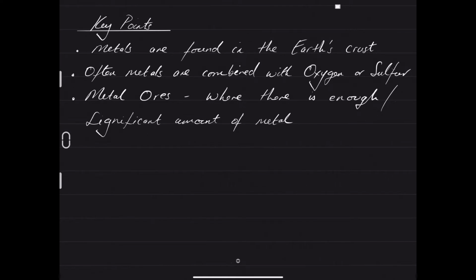So if you're searching for copper, if you're searching for gold or silver,